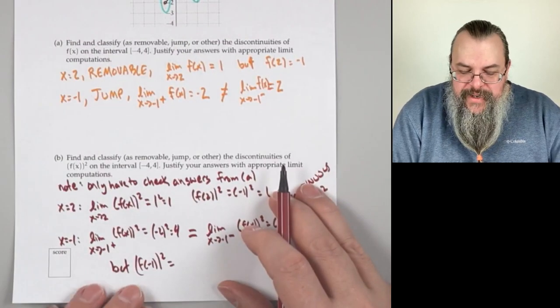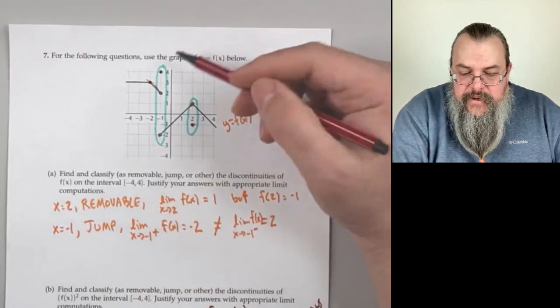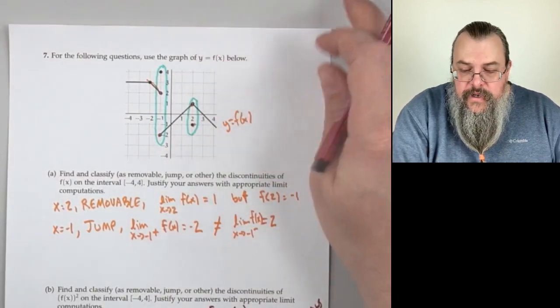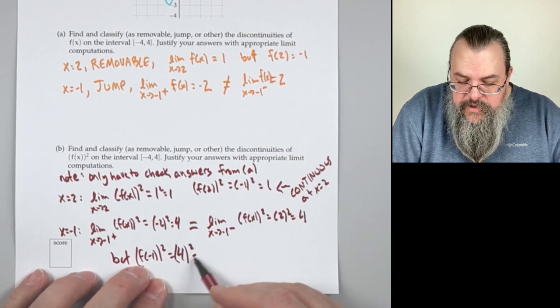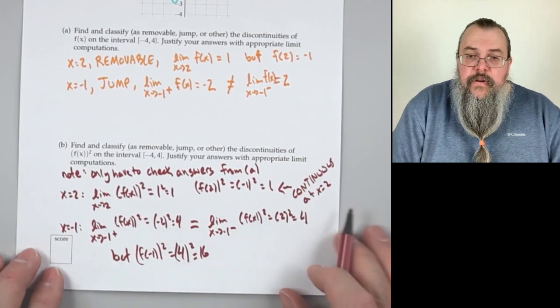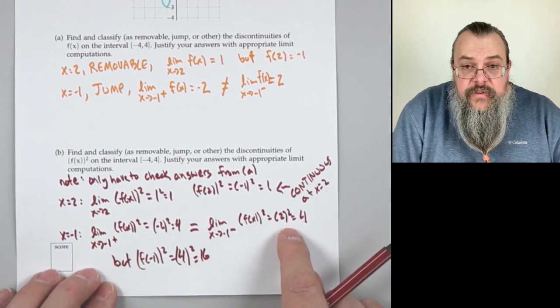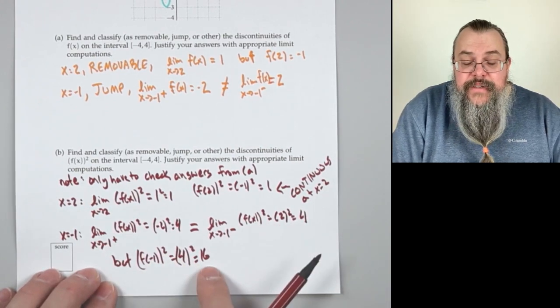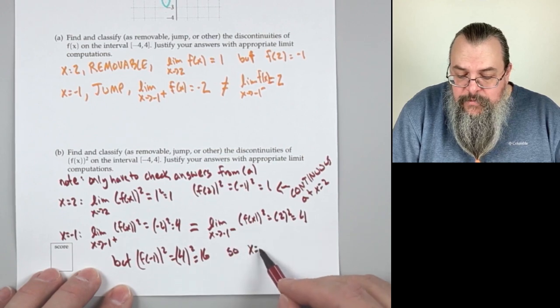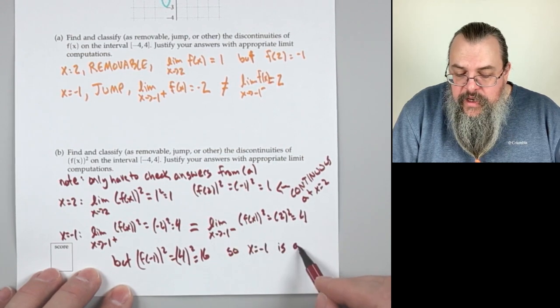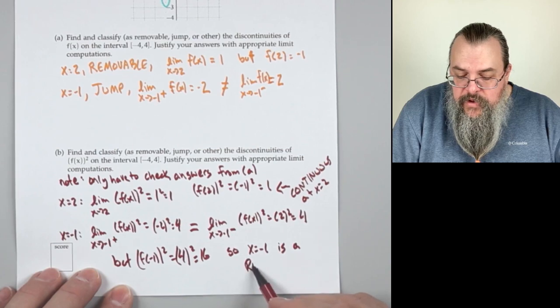Let me put this back up here. F of negative 1 squared, back here, it would be 4 squared, which equals 16. So, what do we have? The limit exists, but the function doesn't match the limit. So, x equals negative 1 is a removable